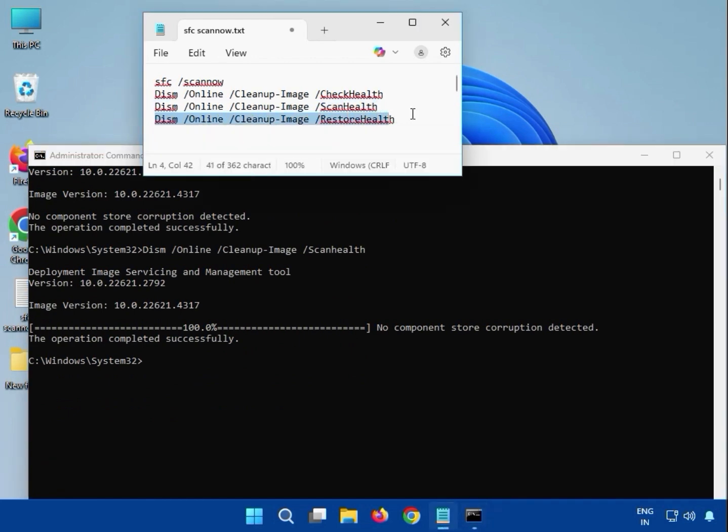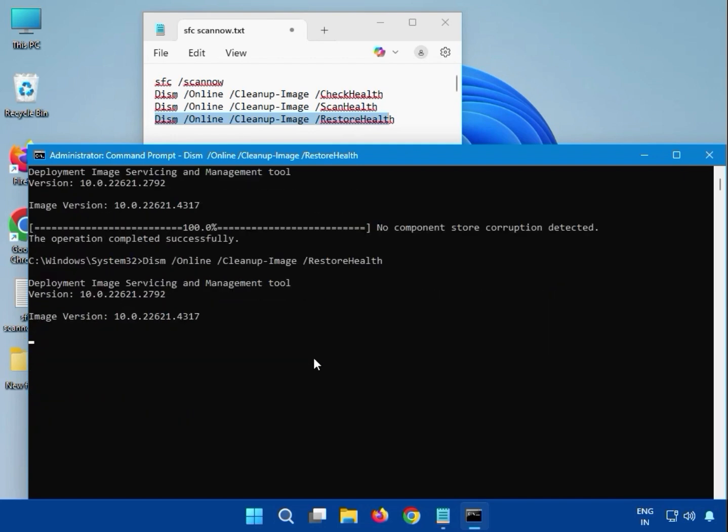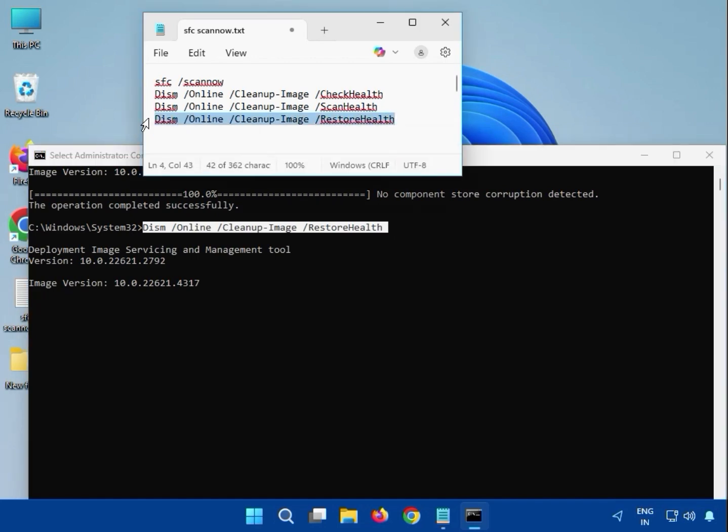Then guys, the fourth one, which is restore health, you can see here we can enter it like DISM and all, and please note small and capital. Okay, restore health, and then hit enter. Again guys, you have to wait. Okay, it will start the percentage, and it will complete. After that, you can see here,